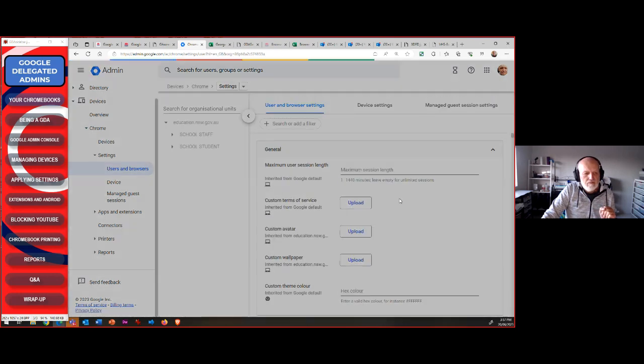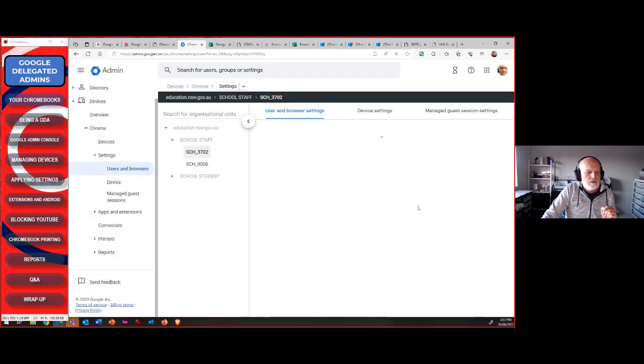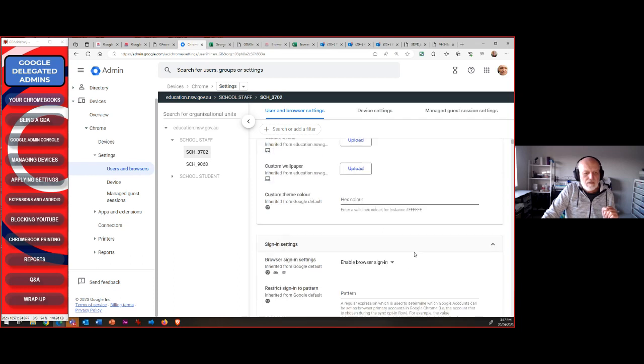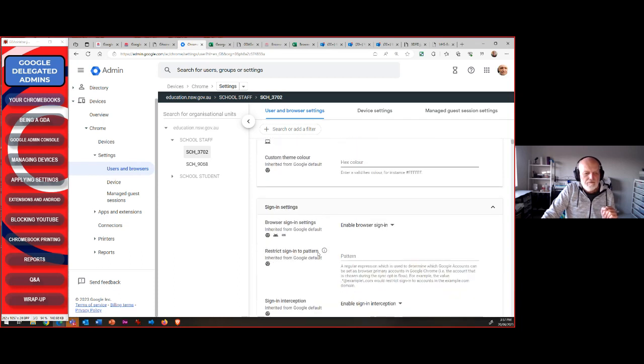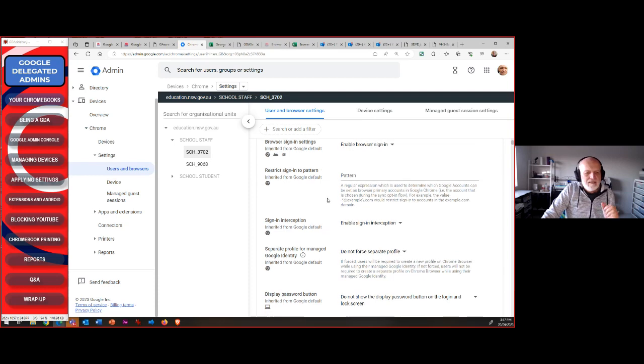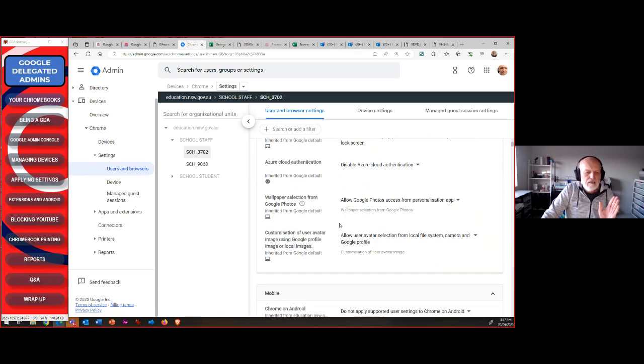Some of them have got little question marks next to them that will give you some information as to what different settings will do. So there, it says what some of these different things are. In some cases, you'll have links off to information, but there's a lot of different settings, and I really warn you that you shouldn't be just playing with these settings. Really understand what it is that you're wanting to do, find the right setting and apply that setting accordingly. Don't go playing with other settings and changing them just because you can potentially cause problems with your entire Chromebook